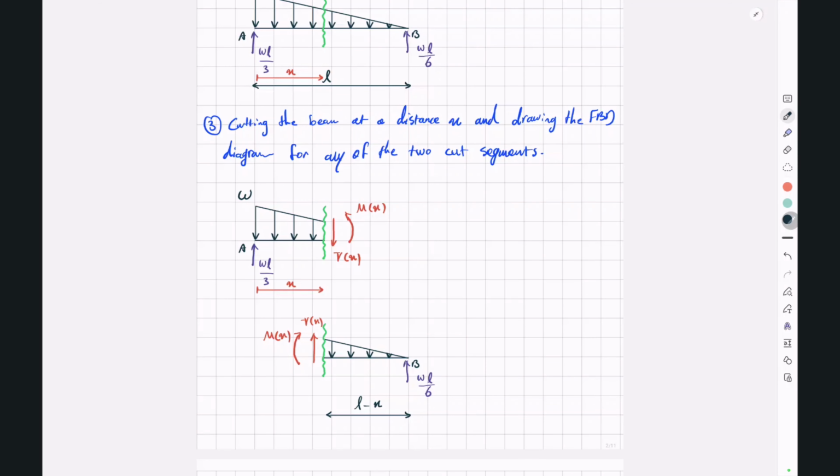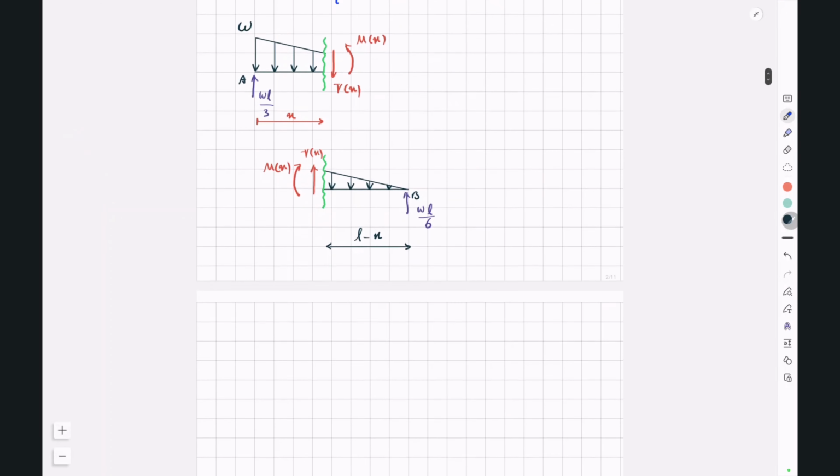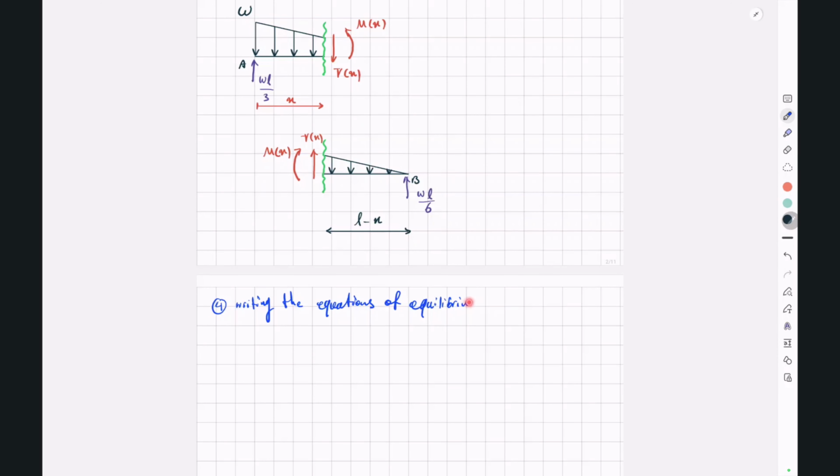Now in the last step, in order to determine Vx and Mx, we can write the equations of equilibrium for any of these two segments. You can probably guess that this segment will be easier to solve because in this segment we have to deal with a trapezoidal distributed load. But anyway, I'm going to write equations of equilibrium for both of them. So step 4, for this segment,